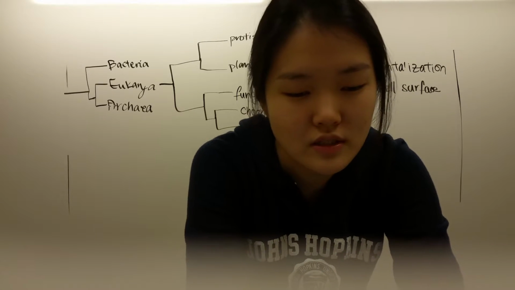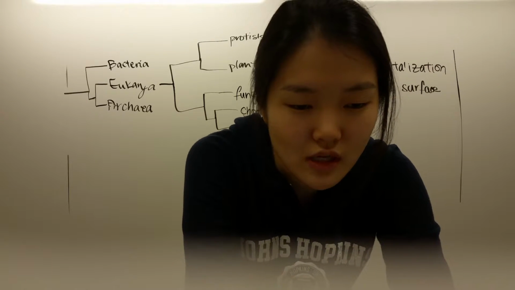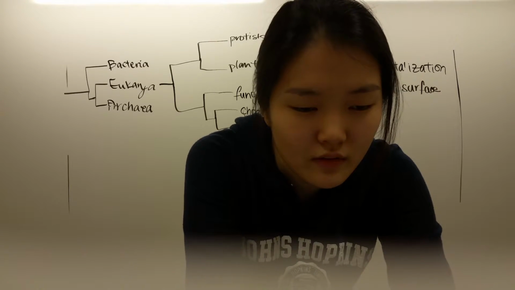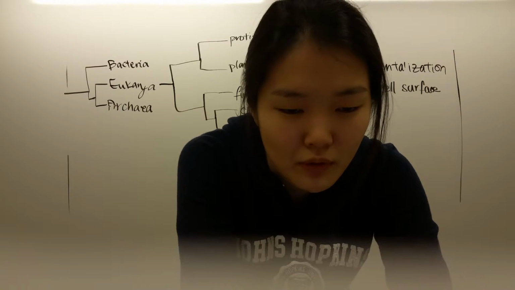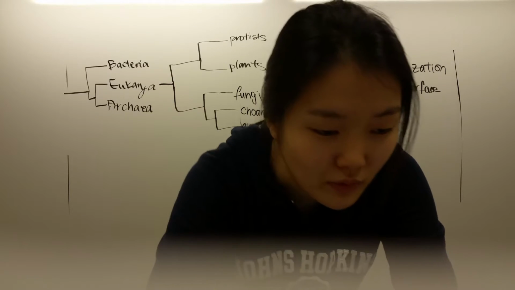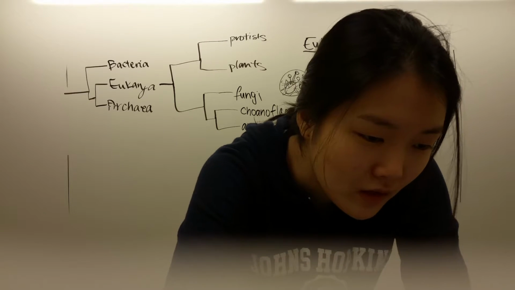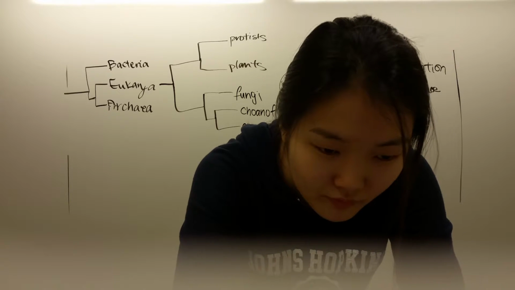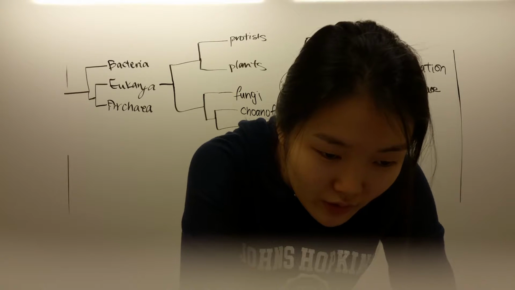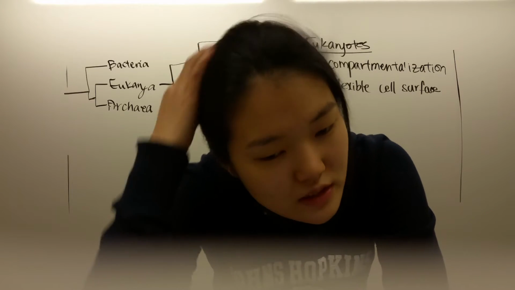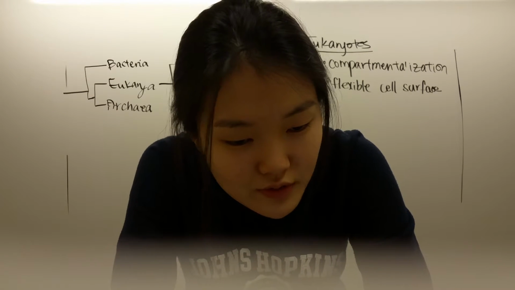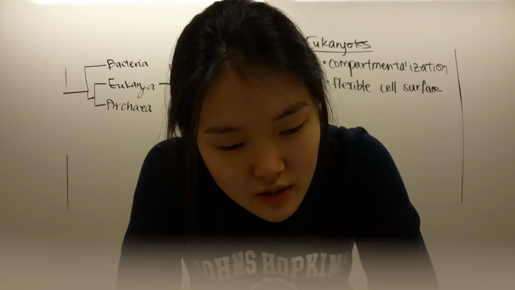Endosymbiotic theory, cells living within cells. I understand this part, and so I will not go over this. Some vocabulary used to describe protists and non-protists. Plankton, free-floating aquatic organisms. Okay, wait. Let's go back to the learning objectives. Okay. So recognize the key events that led to the evolution of eukaryotes from a prokaryotic ancestor. Describe how these events allowed for establishment of unique cellular features and functions. Explain how